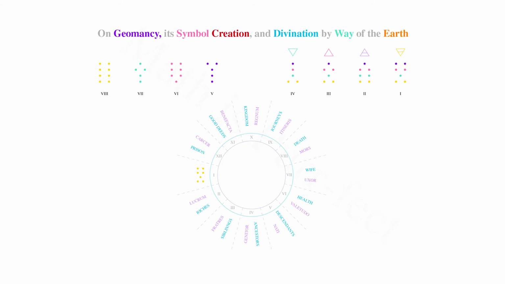Each of the subsequent mothers is aspected with respect to her by 90 degrees. Hence, the second mother, Laetitia, joy, is in the 10th house, representing the kingdom. The third mother, Amissio, loss, is in the 7th house, representing wife or partner in the query. And the fourth mother, Cauda Draconis, dragon's tail, is in the 4th house, representing the ancestry or that which generated